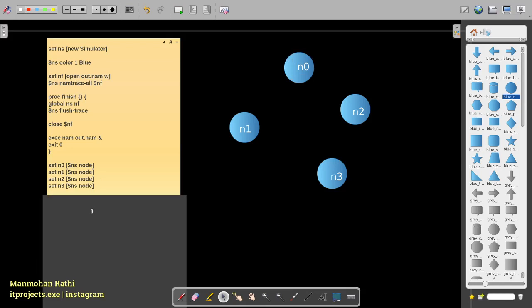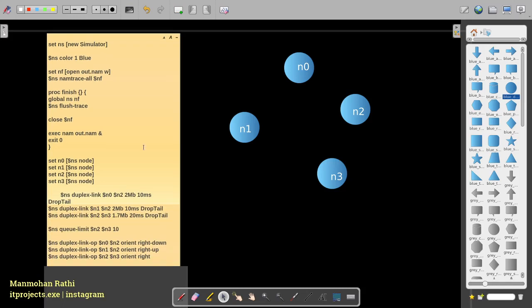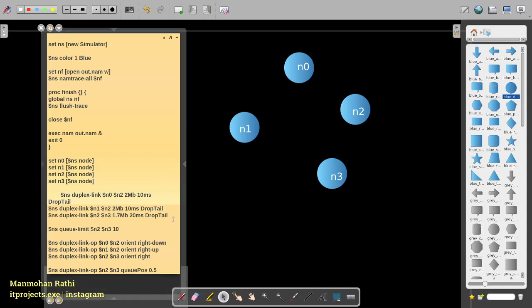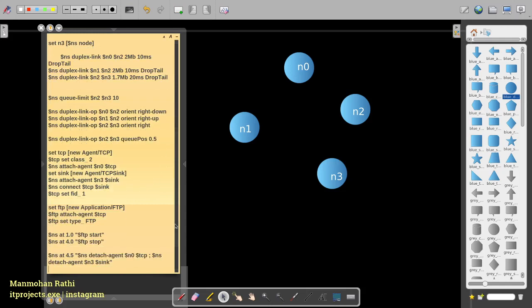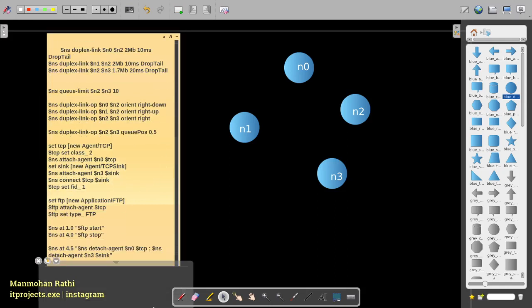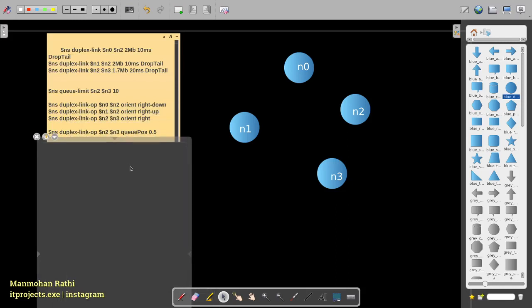So first of all, we are connecting the nodes.